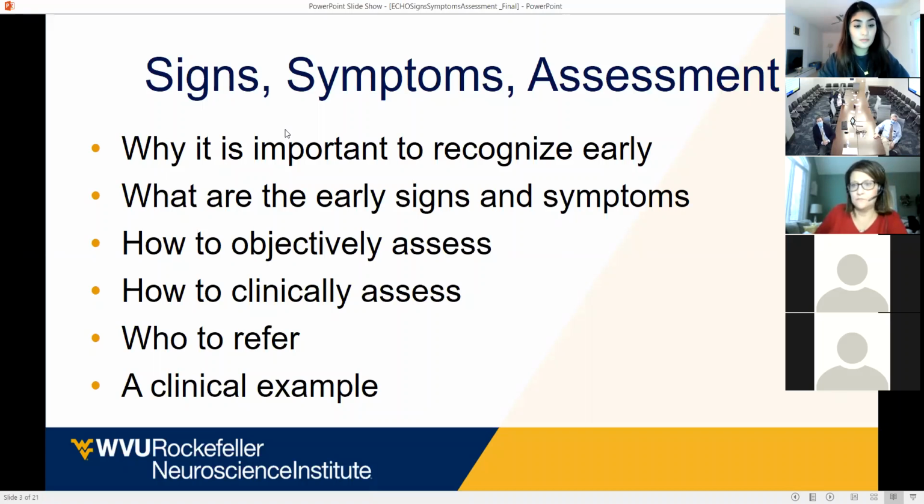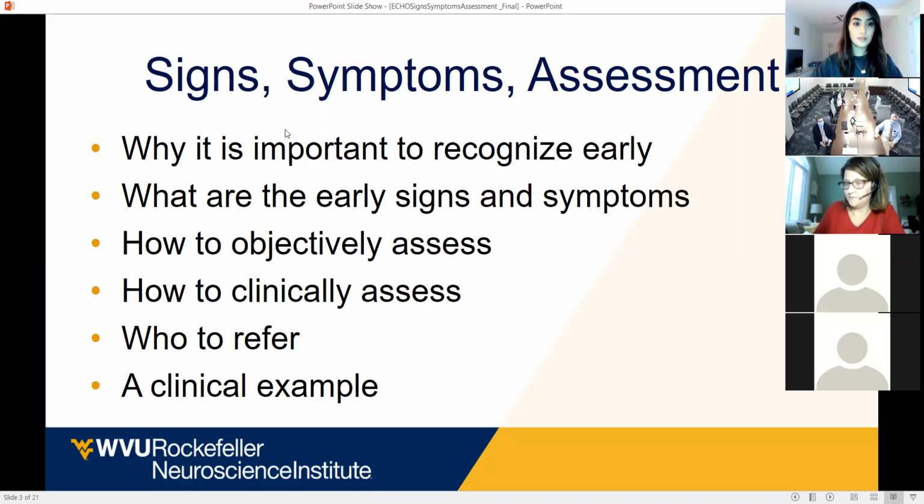We'll talk about what some of the early signs and symptoms are. We'll talk about how to objectively assess this, and by this, I mean how to use a tool or a measure. And then what you need to do as a clinician to get a sense of this, because we are more than just assessment devices. There is still a clinical art to practicing healthcare and medicine, and we want to talk about how to do that